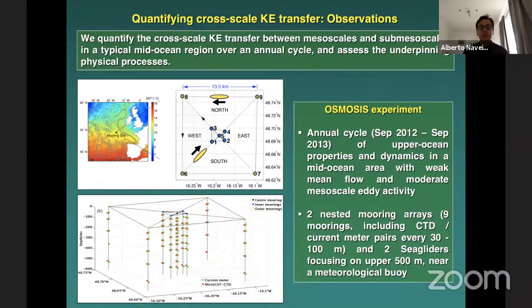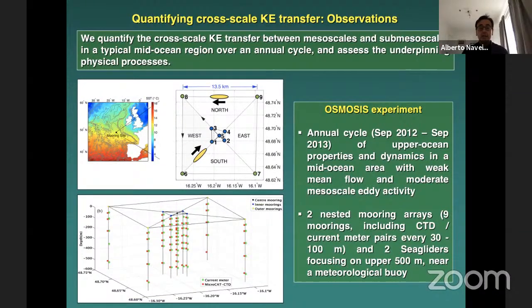part of an experiment that we did in the Northeast Atlantic, at a site that we sometimes describe, perhaps a bit cruelly, as the most boring place in the ocean. The reason that we call it this is because the place has nothing remarkable about it. It's a typical mid-gyre, mid-latitude region where the eddy field is not very strong, the mean flow is weak, and the seasonal cycles of things like kinetic energy and stratification are pretty typical of most open ocean regions in the